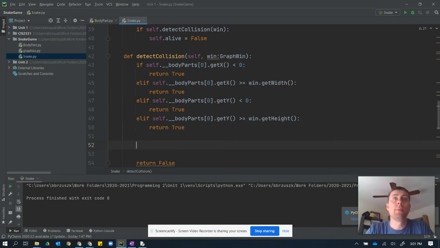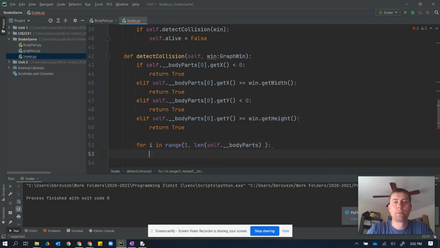So what I'm going to do is loop through all the body parts in the list except for the head. So I'm going to say, for i in range, I'm going to go 1 to len of body parts list. So that's going to get me through all the indices from the first index up to the last index of the body parts list. What I need to do is check to see if, and this is a bit of a long one,